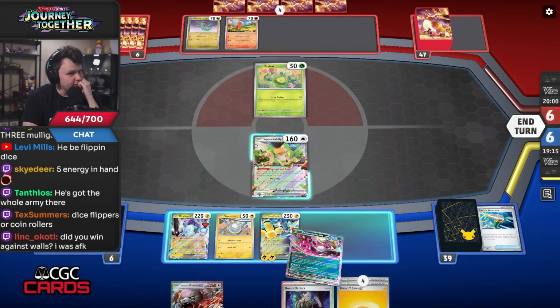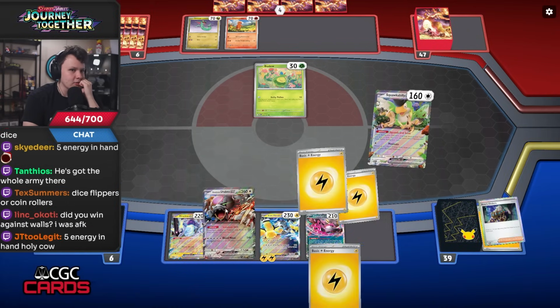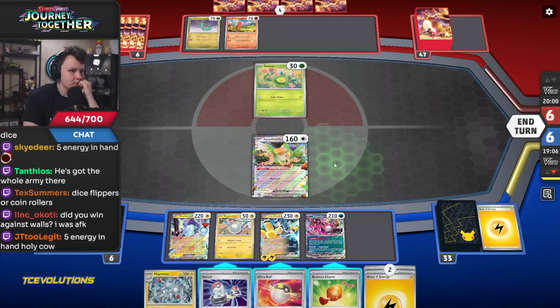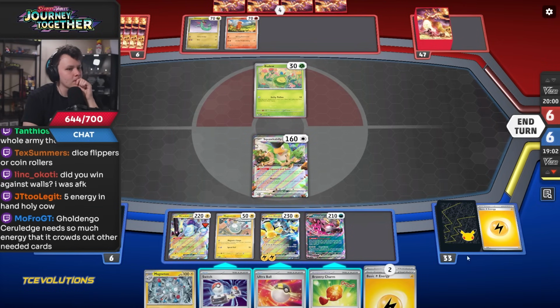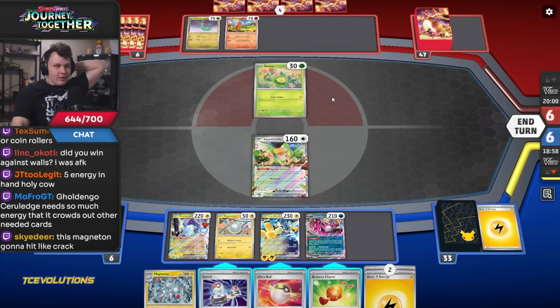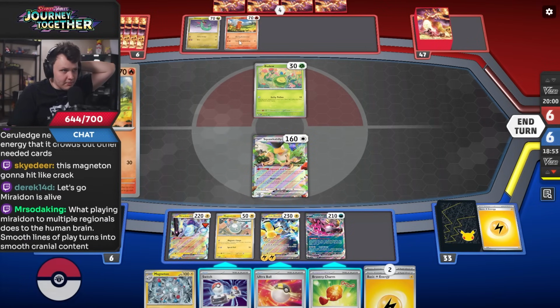I am tempted to put the Fez on the bench. I think I'm gonna do it. I feel like this match is gonna get going pretty fast. This is weird. This is really weird. Okay, so Bravery Charm is good on the Iron Hands. I mean, they might play Maximum Belt, but